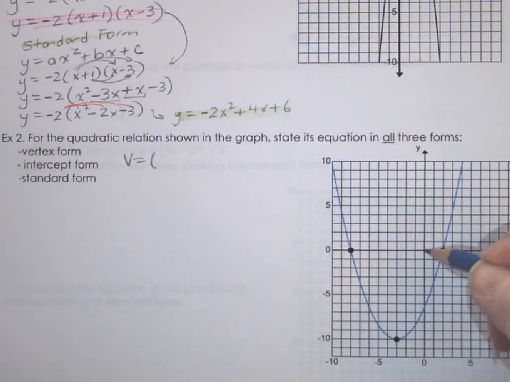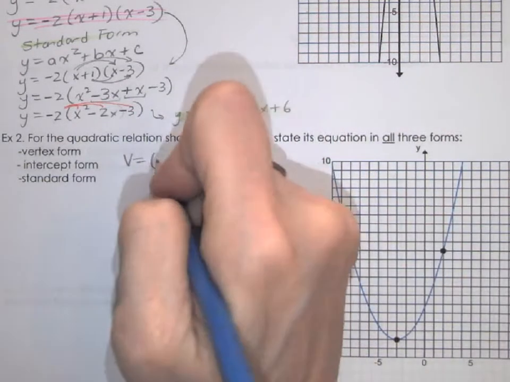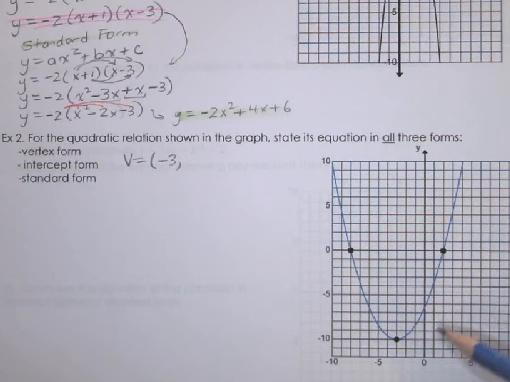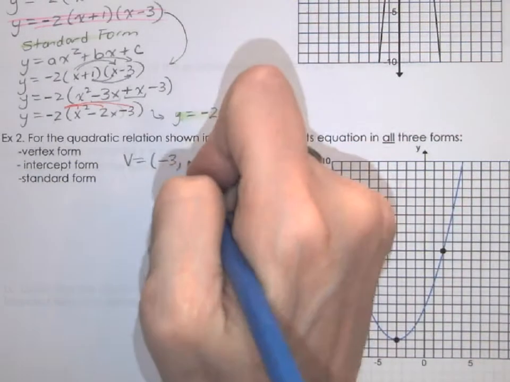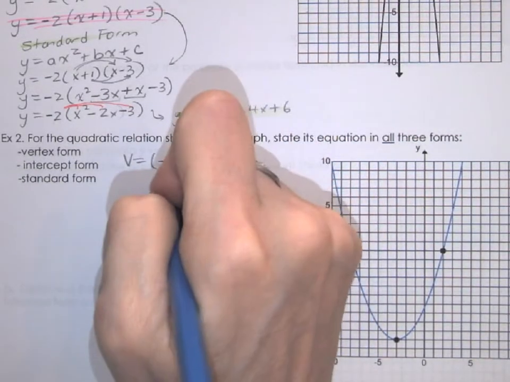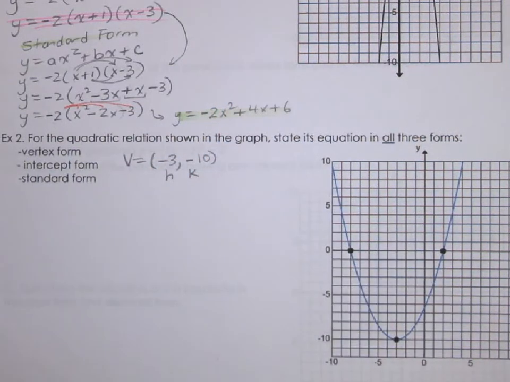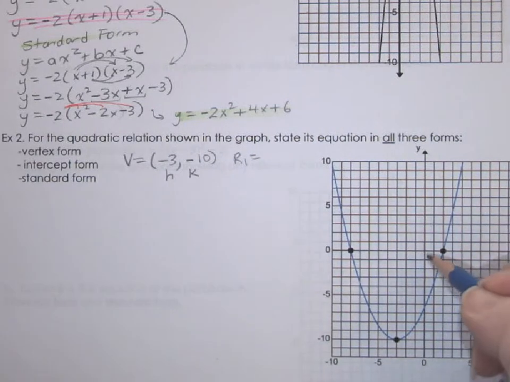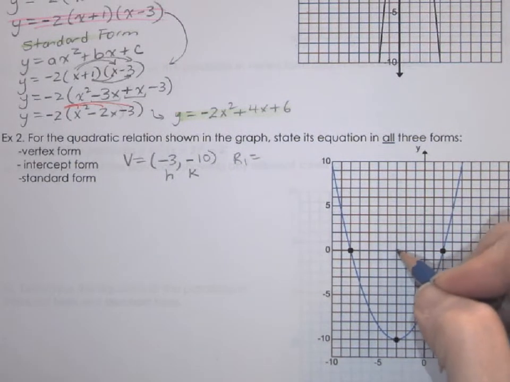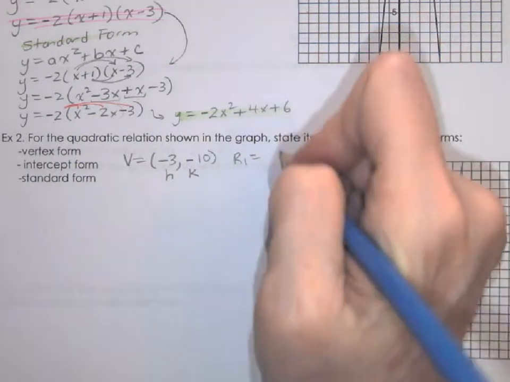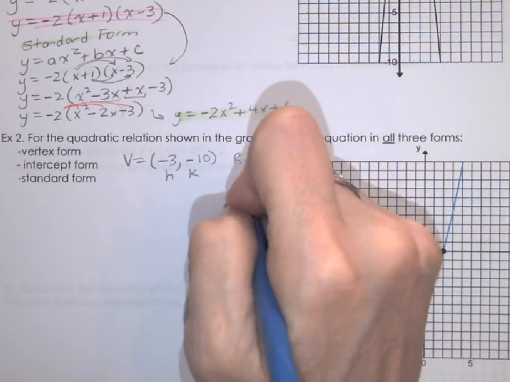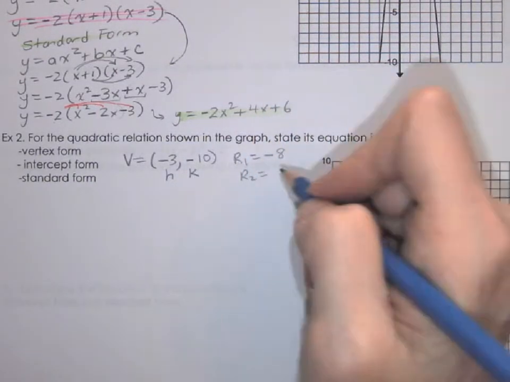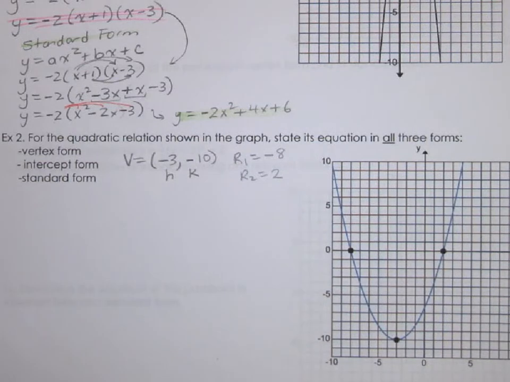So here's 0. Negative 3 is the x value for the vertex, and if you read across, negative 10 is the y value for the vertex. So we do know h and k. And they're also giving us the x-intercepts. R1 is negative 1, 2, 3, 4, 5, 6, 7, 8, so negative 8. And R2 is 2. But unlike the last question, we're not given a point to easily figure out the a